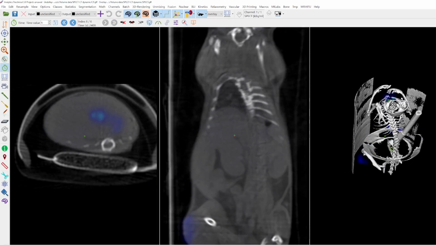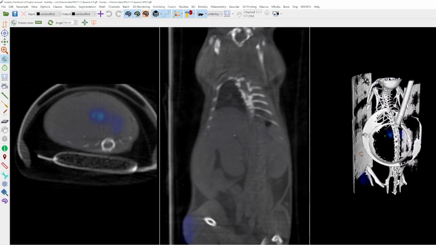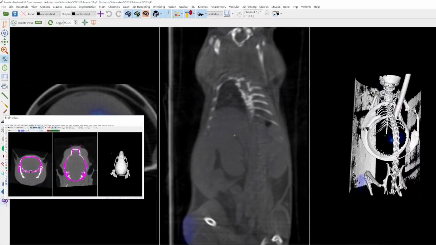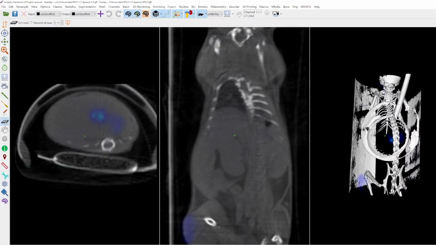To visualize it a little bit better, I will clean up the CT dataset first. For example, we have here a breathing pad for respiratory gating, and to get rid of it we can use the ISO tool. So I go back to the underlay, I rotate it again, and now I will use the ISO tool. It's here on the left side, and just click on the pad. I will add a class named pad.